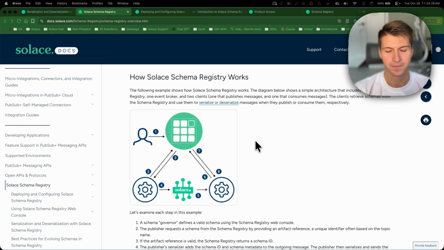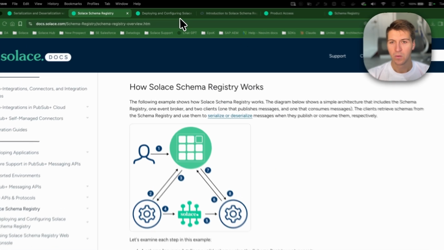that will be exchanged. Third is schema evolution, enabling versioning and compatibility checking for schemas, especially as they grow and change over time. Fourth is data governance, by providing a centralized schema management location for better controlling and auditing of schemas and usage. In order to get started with the schema registry from Solace, we're going to have to go